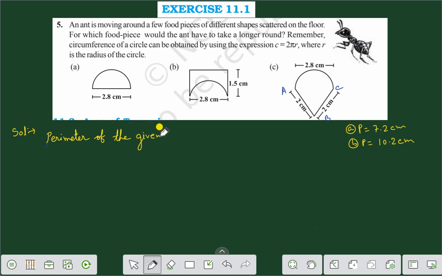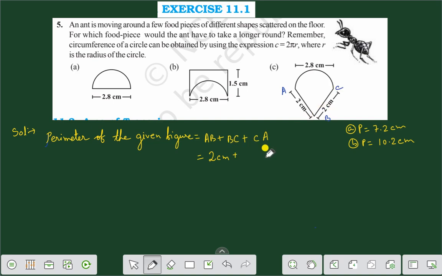Perimeter of the given figure is equal to here see AB, A to B plus B to C plus the curve part C to A, right? Here you see AB is given as 2 centimeter, plus